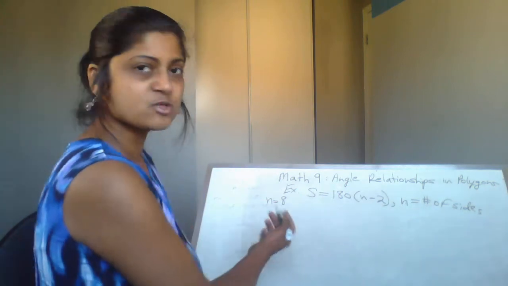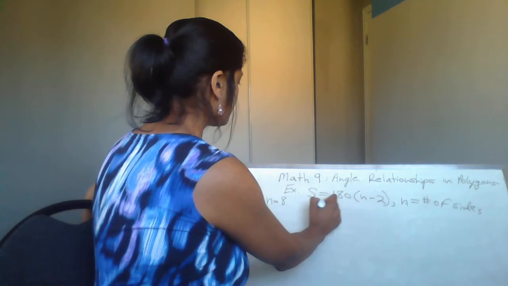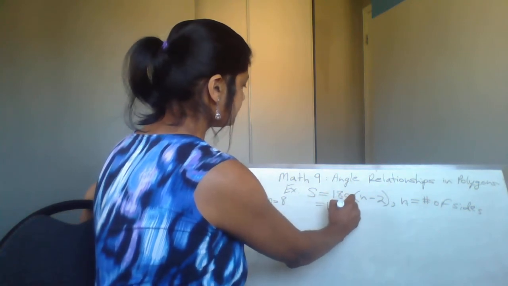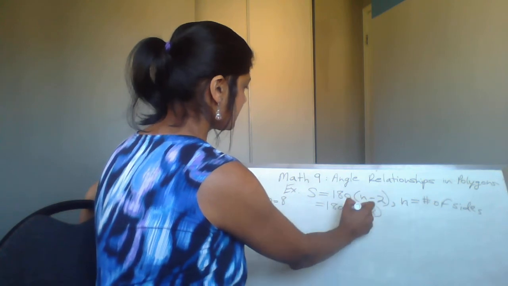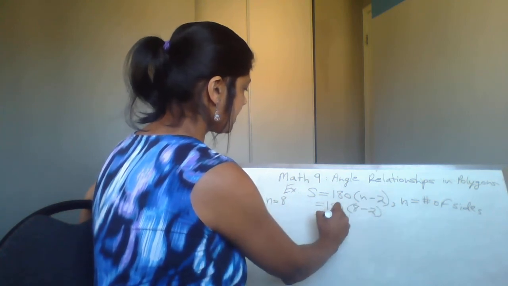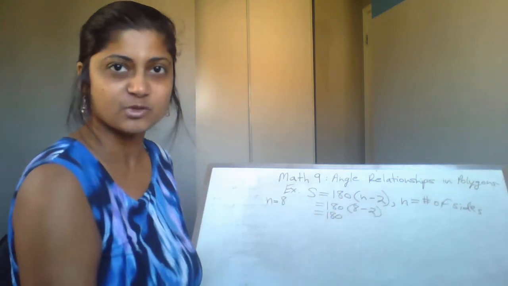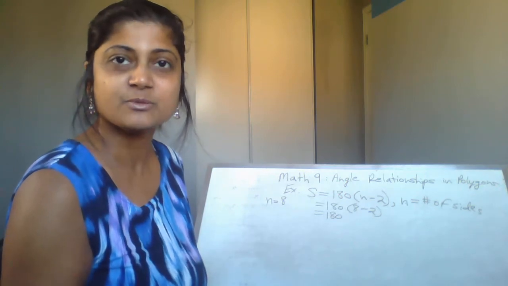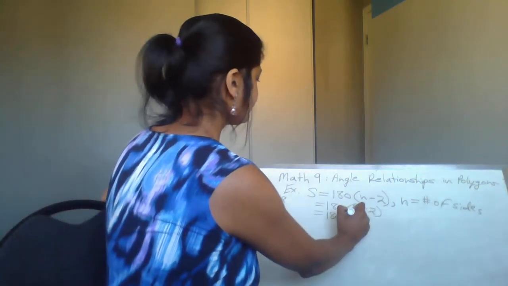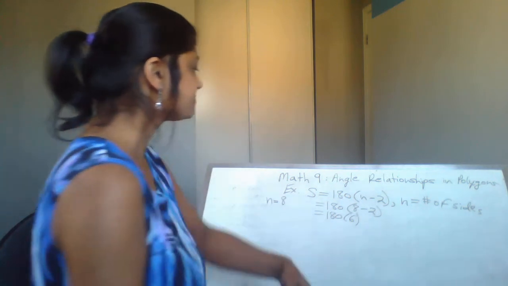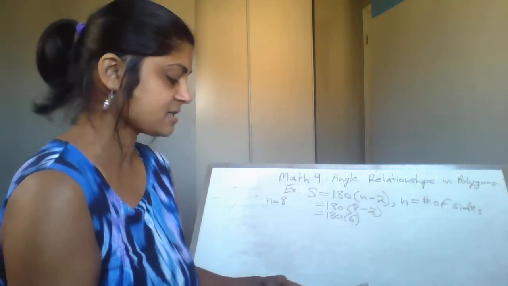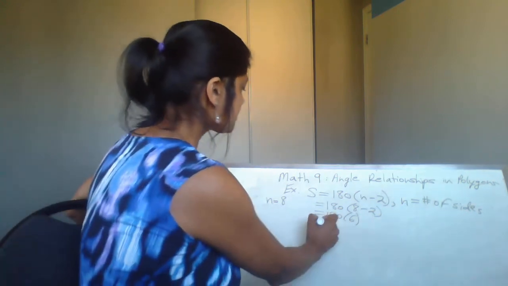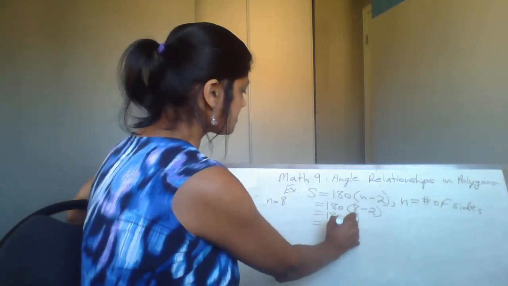And this is what the S represents. So I'm going to put S equals 180, and instead of n, let's put the 8. So we're doing 8 minus 2. Again, BEDMAS here, so make sure you're doing the brackets first. 8 minus 2 is equal to 6. We're going to do 180 times 6 here, and the sum of the interior angles is 1,080